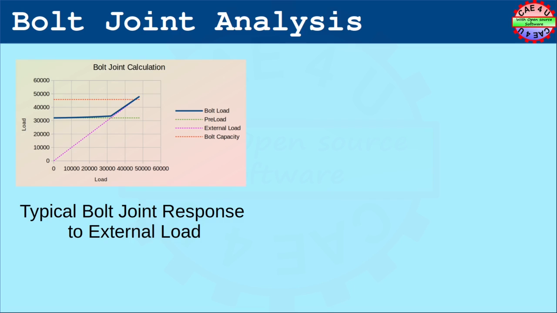Now let us see how the typical bolt joint response looks for an external load. It can be pictorially visualized as shown. The horizontal axis represents the applied load or the external load, and also the various components of the load sharing are shown in the graph. The solid line represents the load shared by the bolt. As you can see, initially the bolt